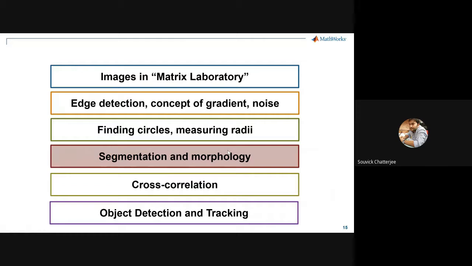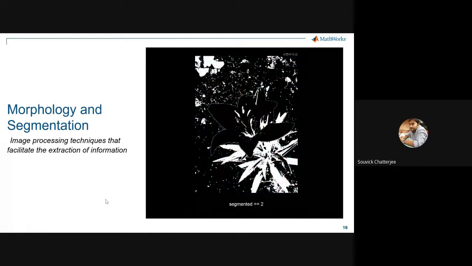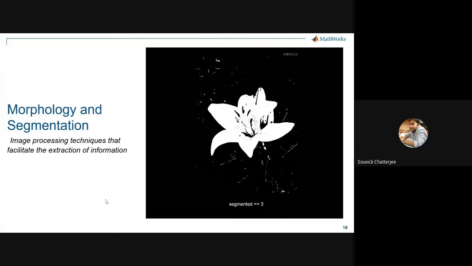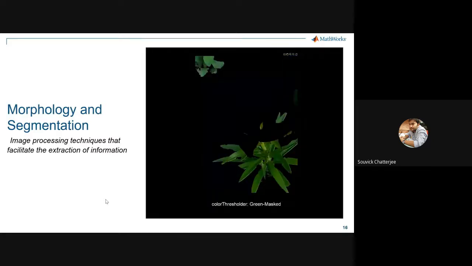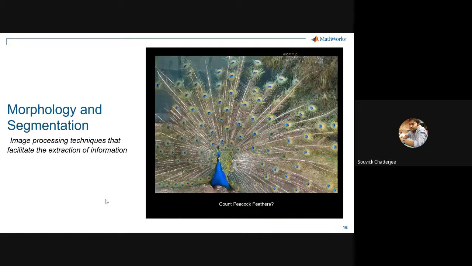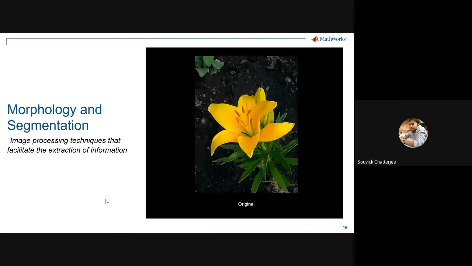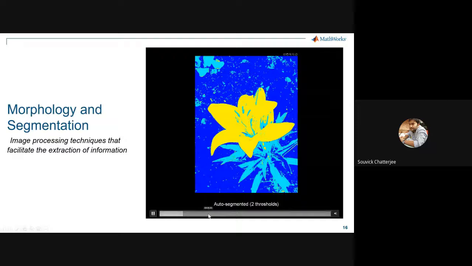Okay. Let's go ahead. Then what we will go into is more detail in the area of segmentation. So let's take up an example and see what segmentation means. In the concept of morphology and segmentation, if you look into this, this is the original image. So this is like a segmentation. So this is binary. We have been talking about these segmentation techniques, right? So whatever we are doing, like segmenting the different areas of the image based on the pixel values, is called segmentation. So this is like the blob detector. So these types of things are what you can do in different ways. Now let's see other ways.